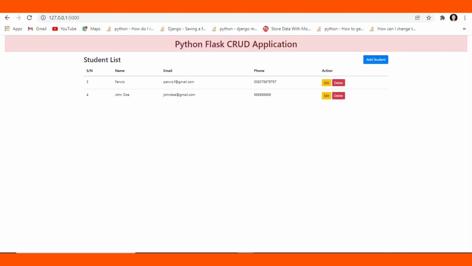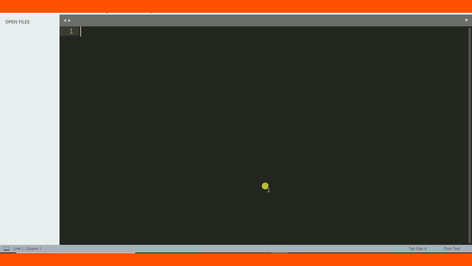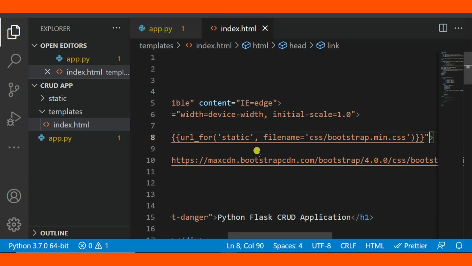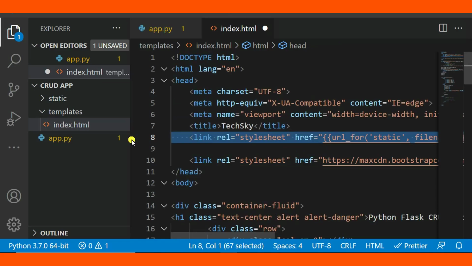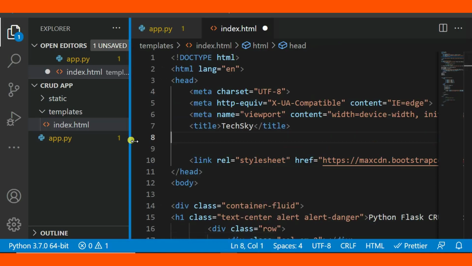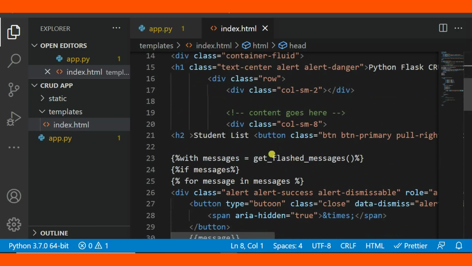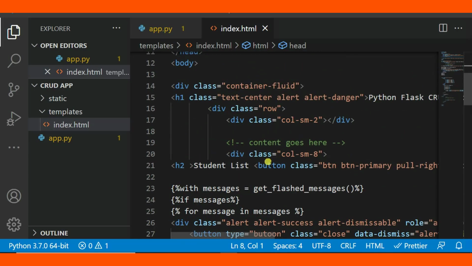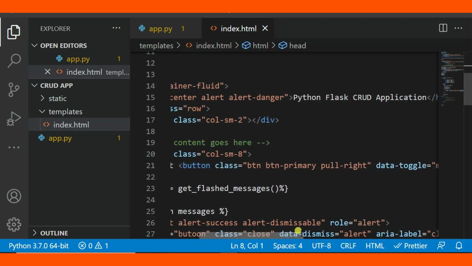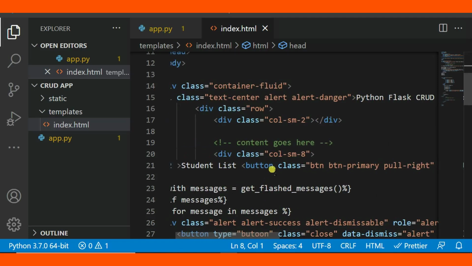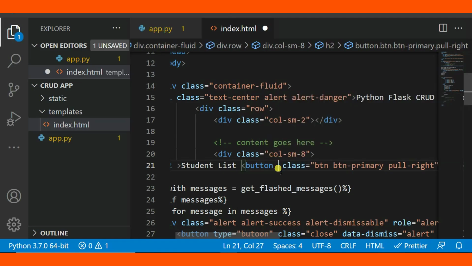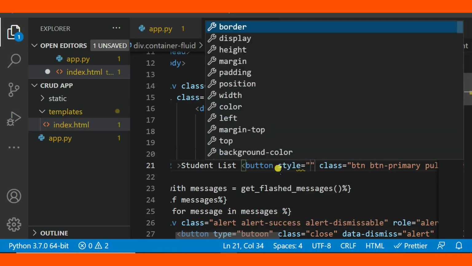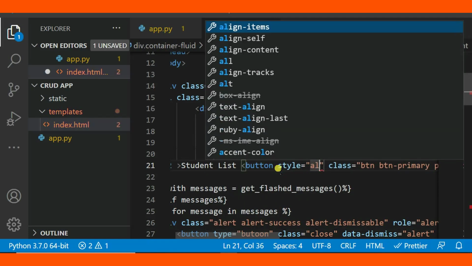So I'm going to remove it. Okay. The button style is